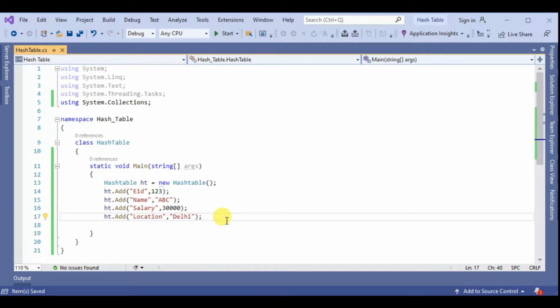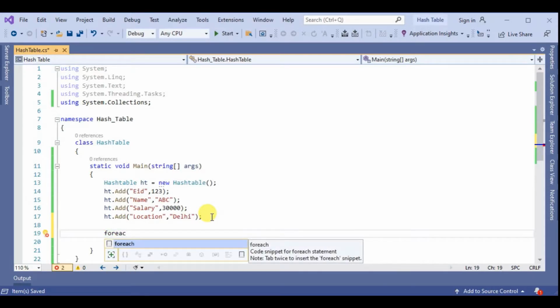So now we have created a hash table class and added the 4 attributes inside the hash table, and now we print all the values by foreach loop.